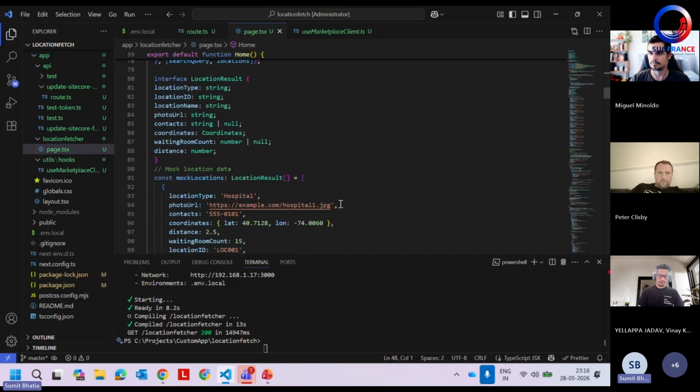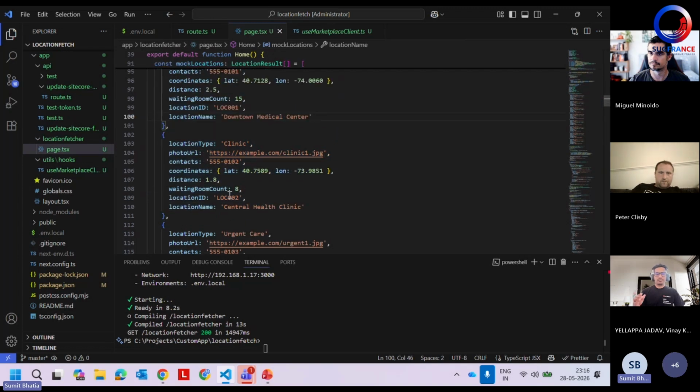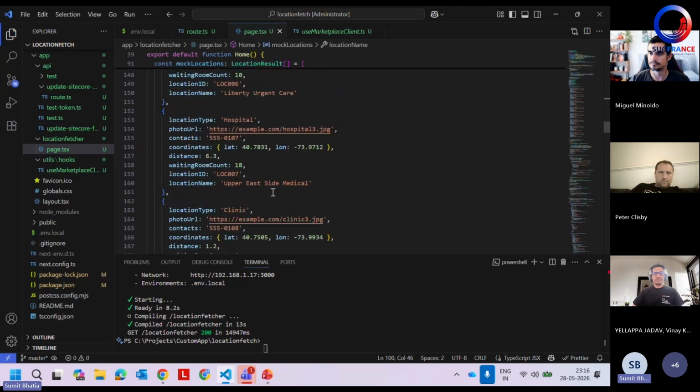So this is some mock data that I've created, because the API was confidential from the client's side, and I'm not going to show you. But what I take for this example is to edit some kind of data that I'm using for that custom field. It contains everything like the hospital name, some example latitude, longitude, the distance, and the other fields. So I'm taking that one.